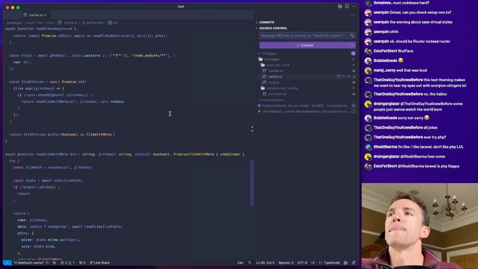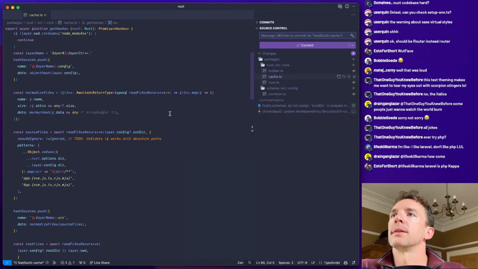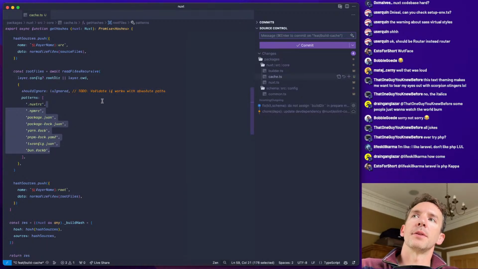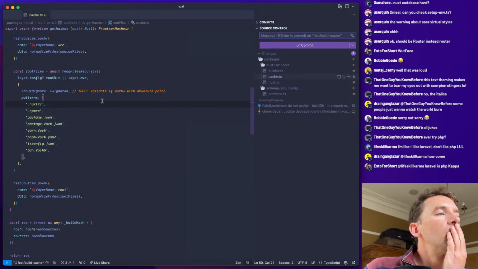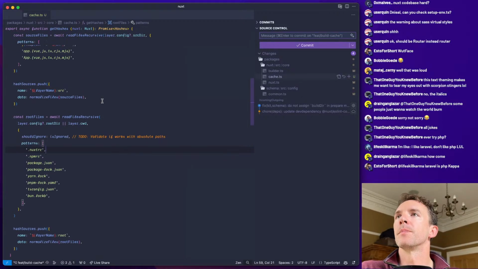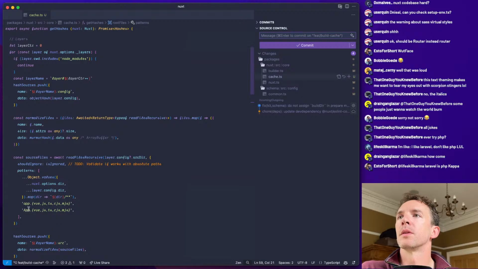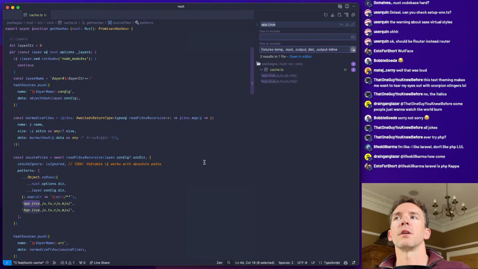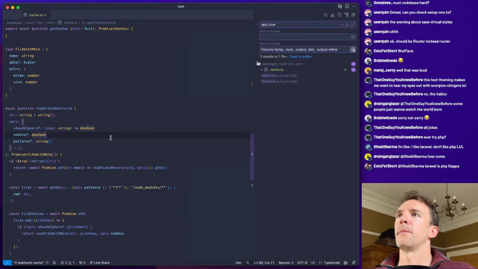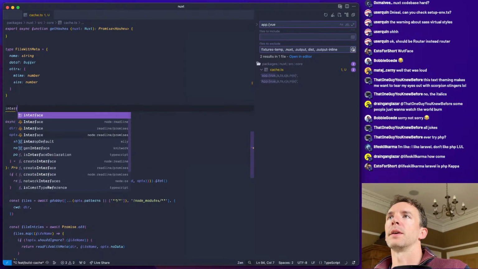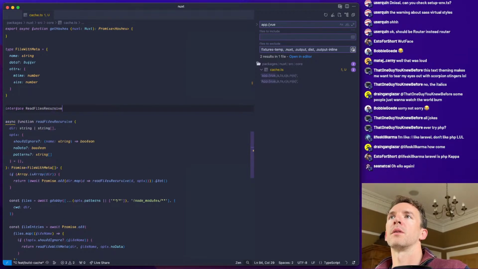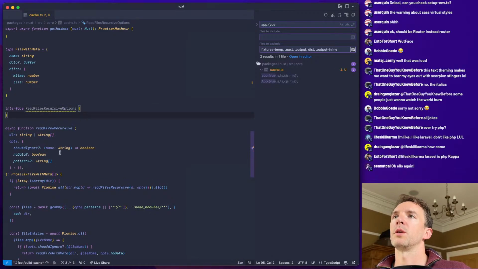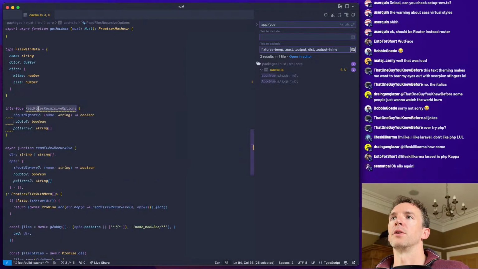So we have our patterns. So I guess it makes sense that we rebuild everything. Now, do we have a pattern like that? Why are we not using globby? I think maybe it's because we need the metadata. Interface, read files, recursive, options. We should probably use a library for this rather than just